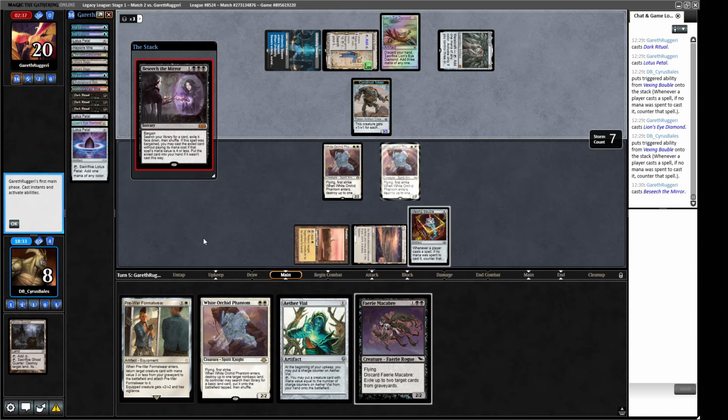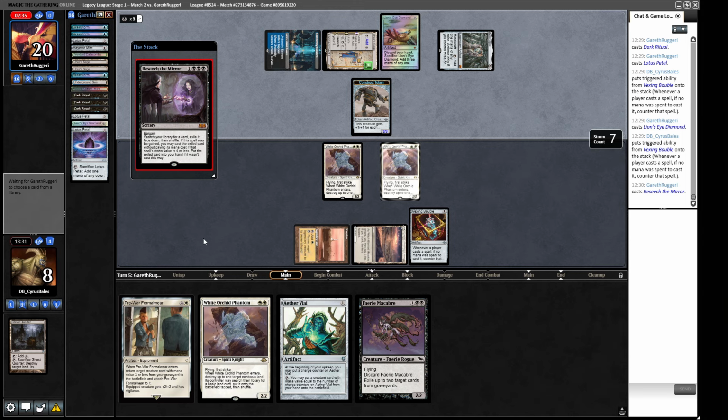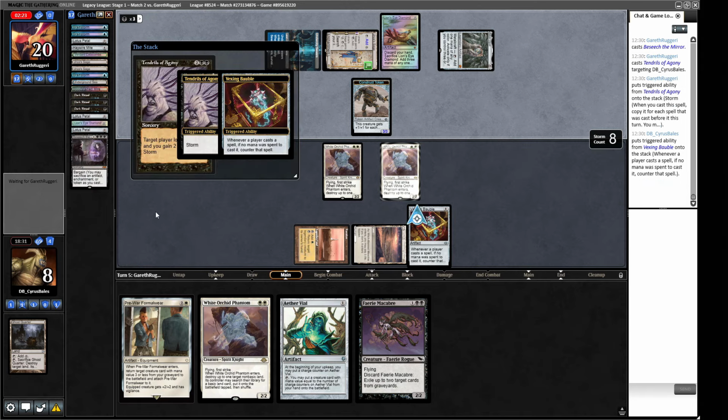Beseech the Mirror. Storm is very much lethal here. Because they can go and fetch a Tendrils and just point it straight at our face. They don't have to do any Gaia's Will lines. They can just dome us. And that will be the end of that, unfortunately. But if they make a mistake and go for a Gaia's Will line here, we may be able to blow them out. Yeah, they're just going to...